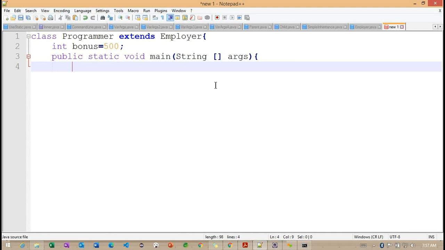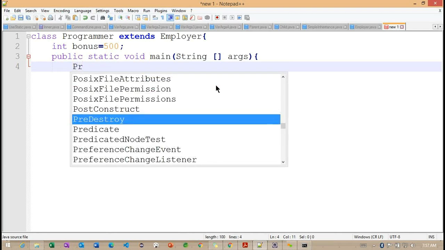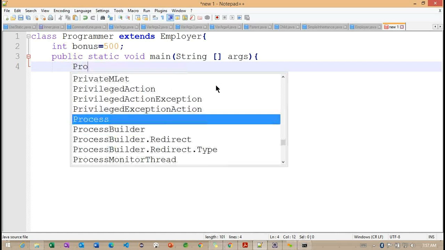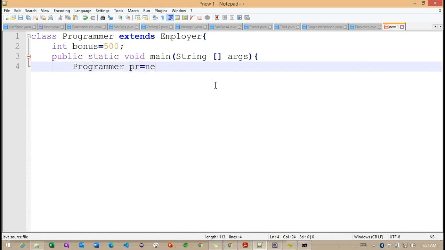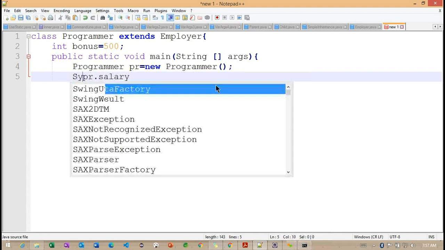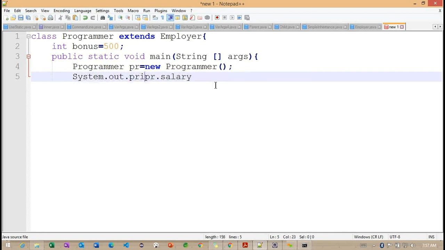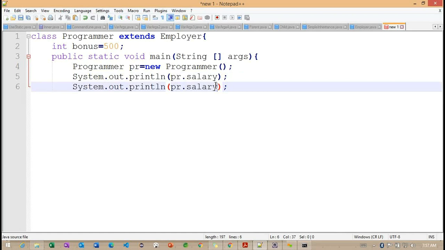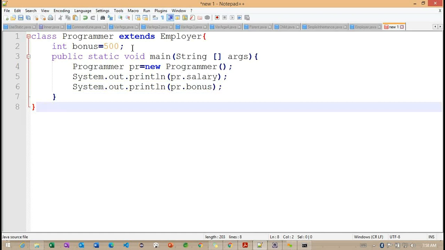Right, now what I am trying to do, this is a simple example I am defining. And pr.salary, and along with this, we can access bonus also.